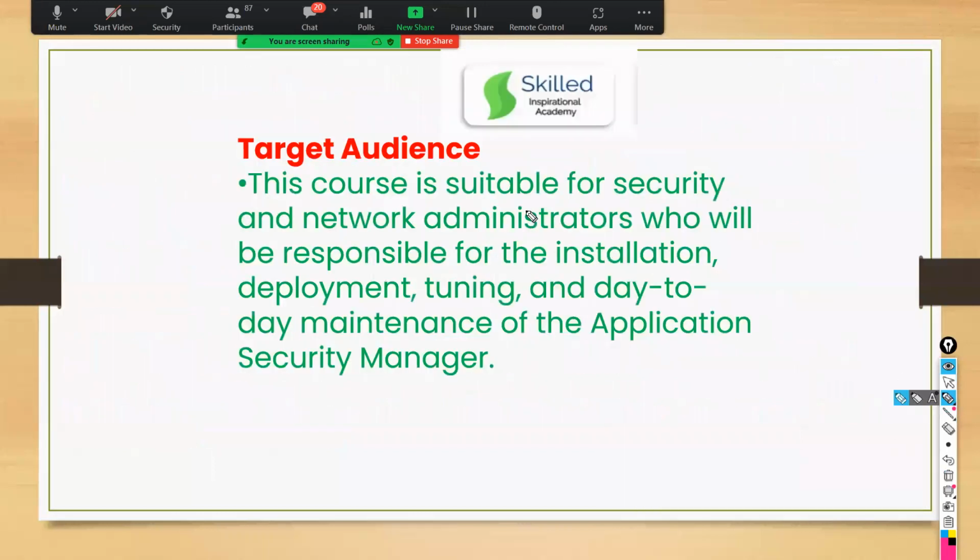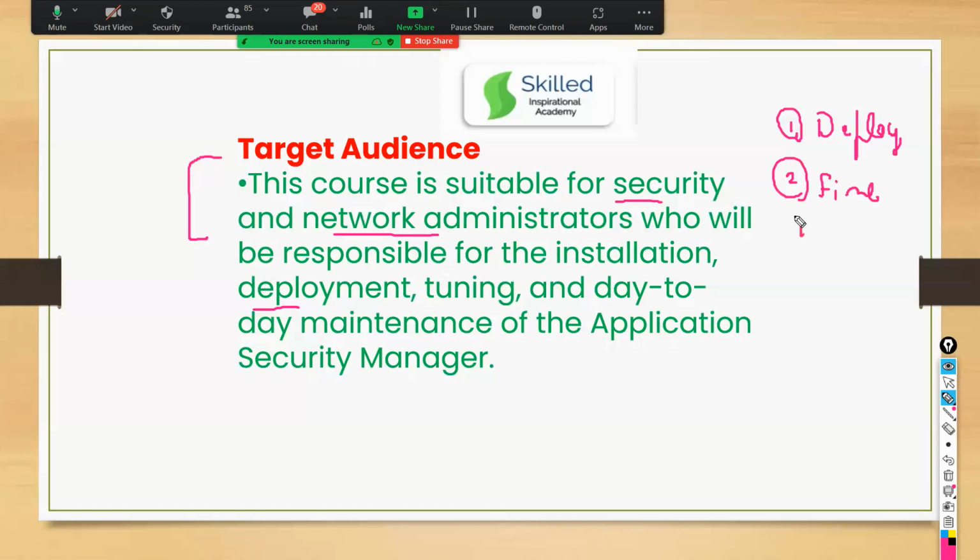And guys, the target audience of this course: it can be done by network engineers or security engineers. Once you learn this, you will be able to deploy WAF in your production environment. You can also do fine tuning.